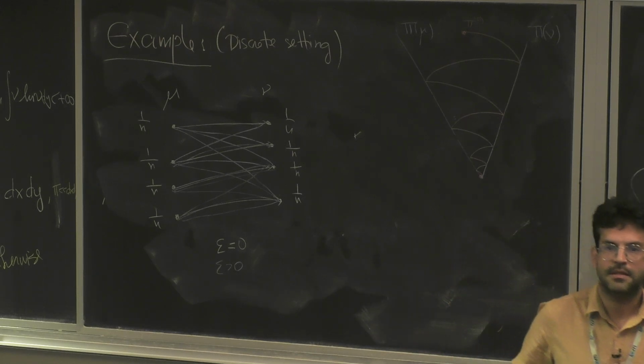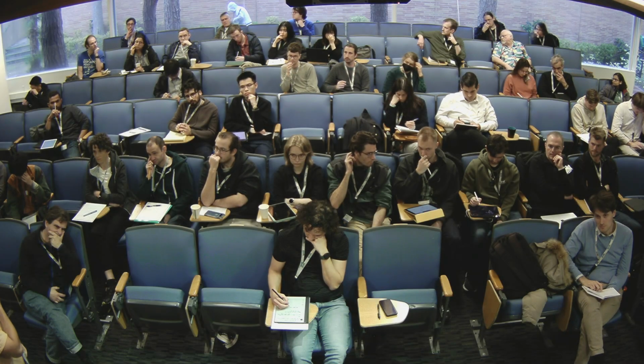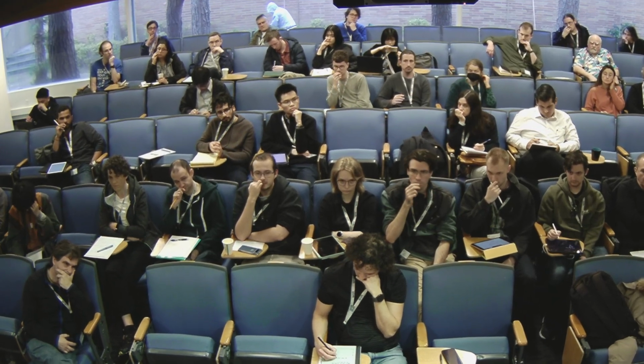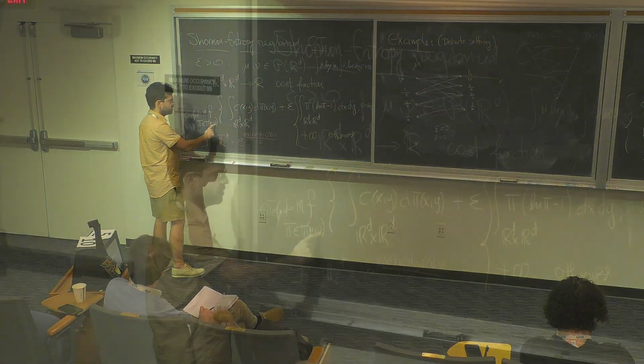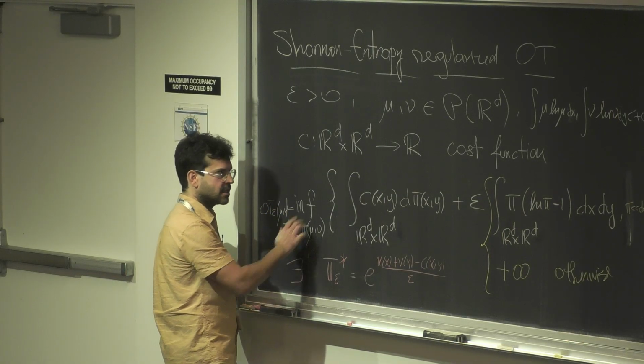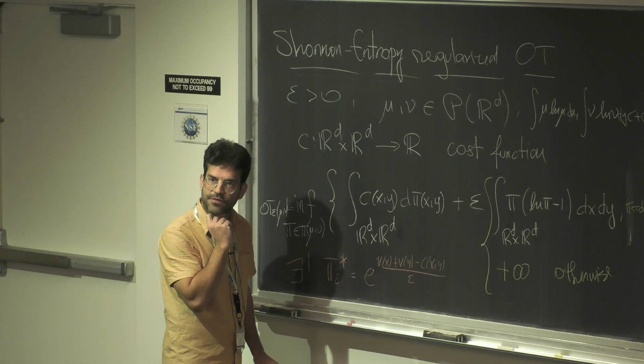Okay, yes? In the convergence of this algorithm, the convexity of C doesn't play any role, right? The convexity of C does not play any role. Here, in theory, you could say C is measurable, and I just need to assume that for mu and nu there exists a pi such that this guy is finite, to make this problem well posed. So this is very general.